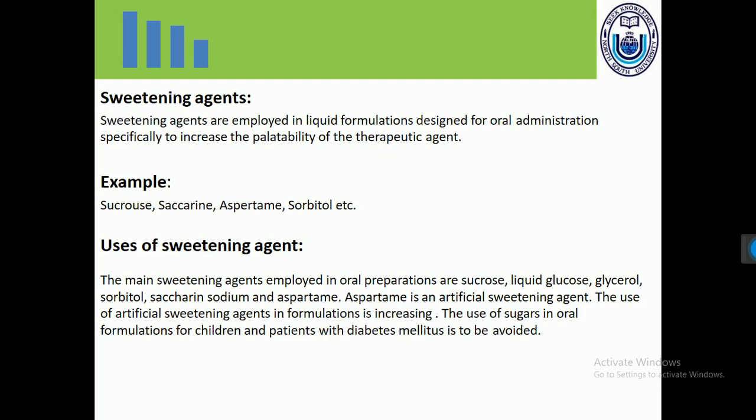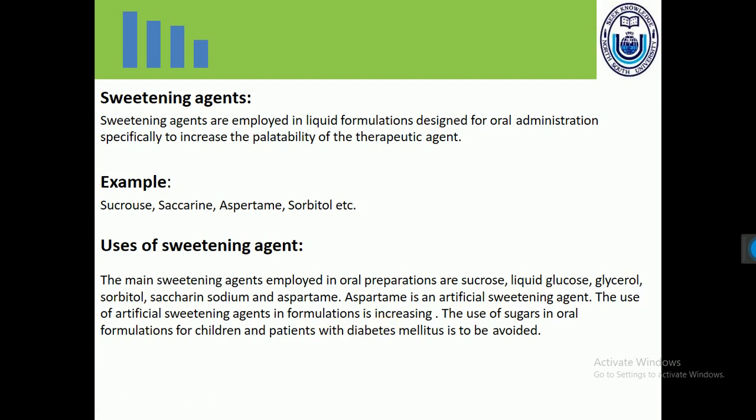What are the uses and applications of sweetening agents? The main sweetening agents employed in oral preparations are sucrose, liquid glucose, glycerol, sorbitol, saccharin sodium, and aspartame. Aspartame is an artificial sweetening agent. The use of artificial sweetening agents in formulation is